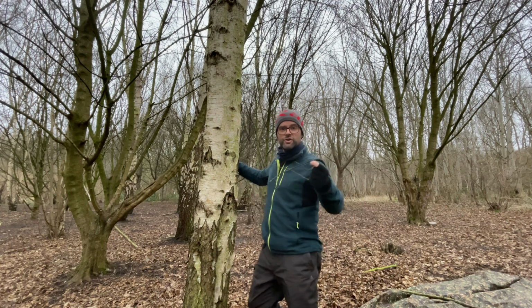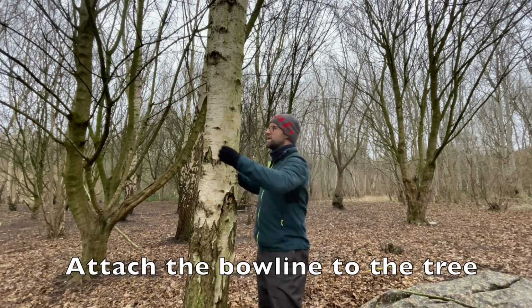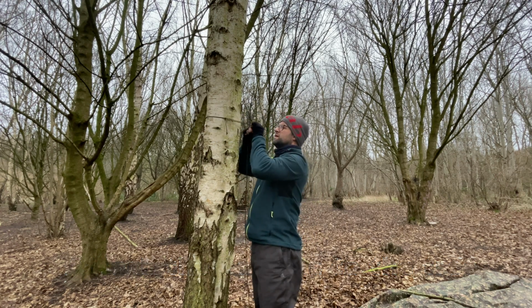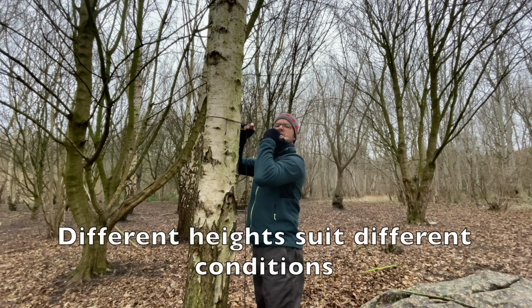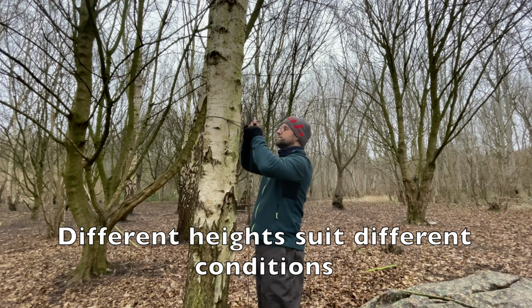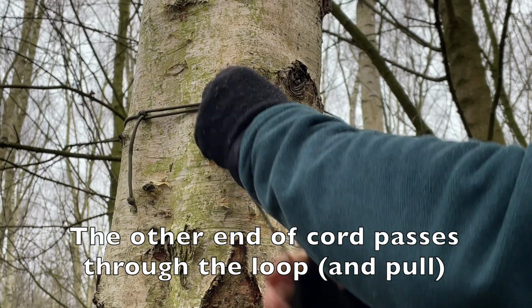The next thing I'm going to do is to take my paracord with my bowline knot. I'm going to wrap it around the tree. I'm going to start off at about my chin height. You could adjust it if you want to, but I'm going to start off with my chin height. So that's my bowline